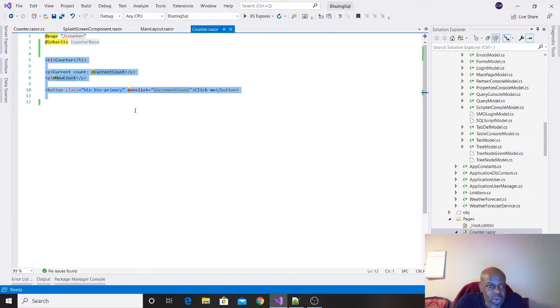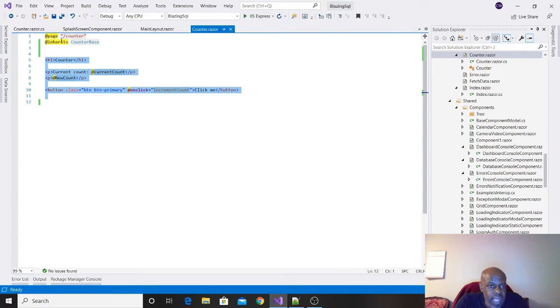But that's how I do all my errors, and I highly recommend you probably go that route in order to handle your errors. You want to centralize your errors so that you can control, at least in my opinion, where it's coming from. So all my errors all the way throughout are piped into the errors model, and then the errors model is utilized in an errors console component that actually displays all the errors when a user wants to see what the errors look like.